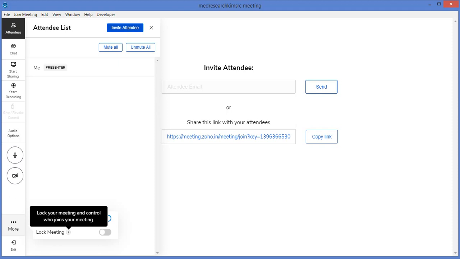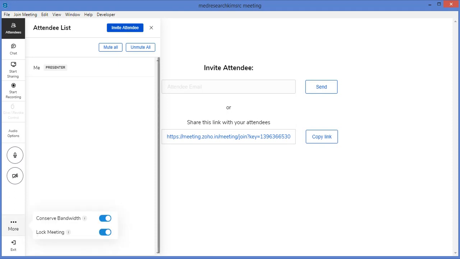And in the same way, lock meeting. If you turn on lock meeting, it indicates that normally when the students click the link which you have sent them, they can click the link and then join. But if you lock the meeting, every time it will ask your permission to accept or reject the participant. So for every participant who wants to join after the lock meeting, you have to give permission. You have to press the accept button on your screen, and then only they will be able to join the meeting.